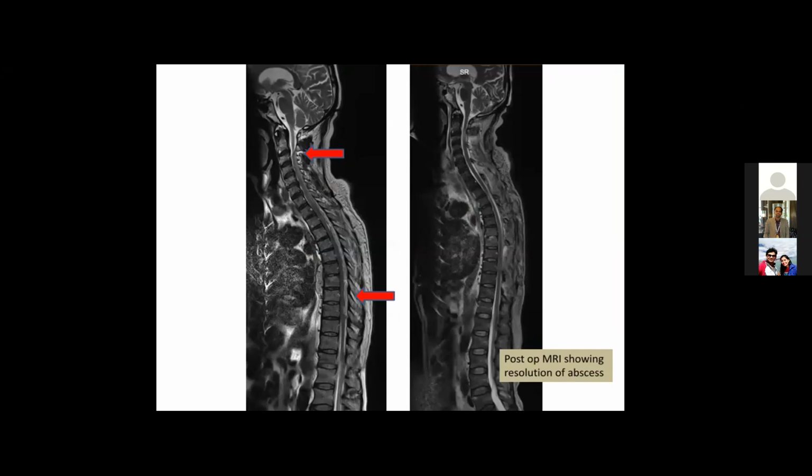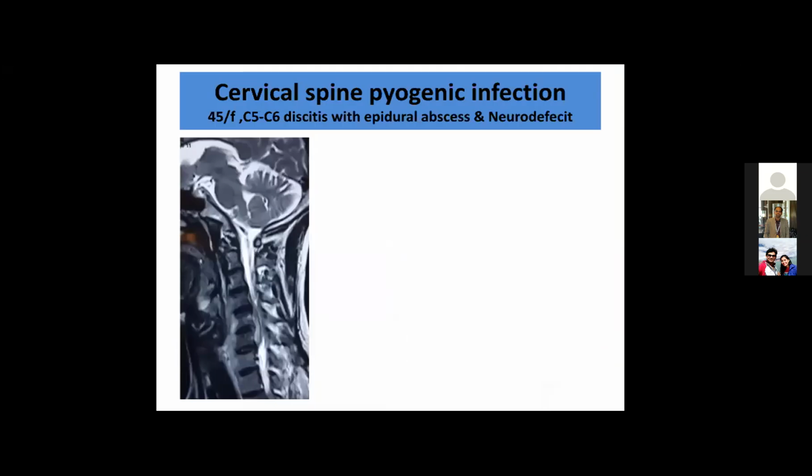So you can see the follow-up MRI, complete resolution of abscess starting from cervical spine to thoracolumbar spine. We didn't do any stabilization. So coming to the infection in the cervical spine,